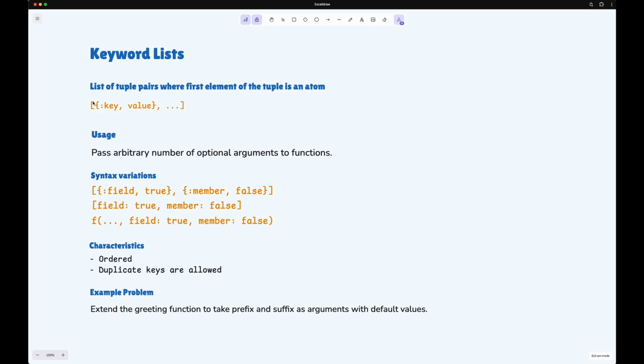So the syntax for the list is square brackets, then we start a tuple. Each tuple has a key value pair. So for the keyword list specifically, the most common usage is to pass an arbitrary number of optional arguments to functions. There are some syntax variations that Elixir provides to make using keyword lists easier, and let's see what